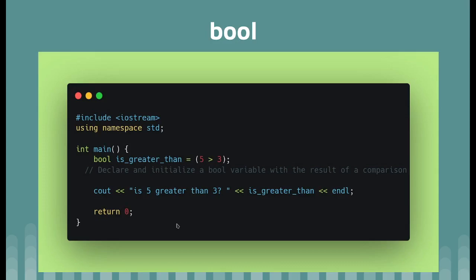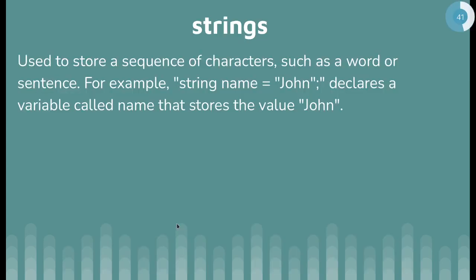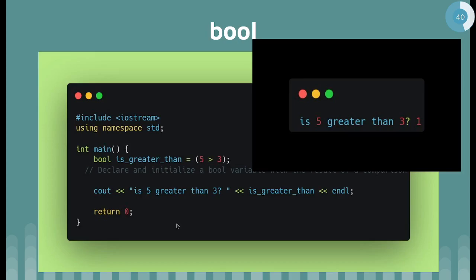We have a condition here. So that Boolean would be equal to that condition. That condition is 5 greater than 3 or not, which would be casted to Boolean, and that Boolean would be true or 1 in a Boolean space, so it would print 1 there. Was it clear? Okay.